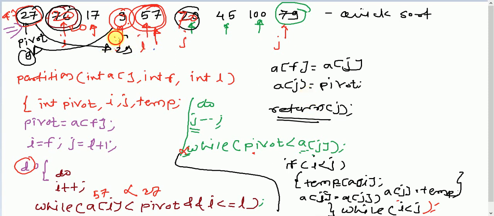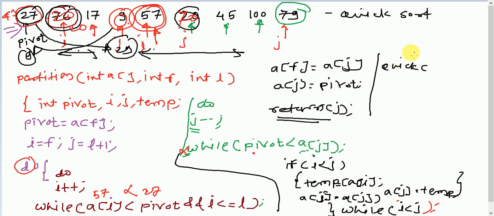So now this is j. Again we are applying the same partitioning technique on the right part also, and on the left part also. So then again we are calling two functions separately: quick sort of A comma first comma j minus 1 and quick sort of A comma j plus 1 comma last, where j is equal to partition. Okay, so this thing we will see in much more detail in the form of the program, but first of all you need to solve this example completely.